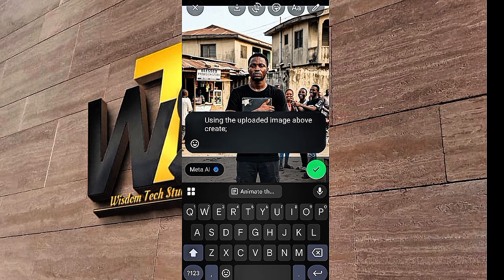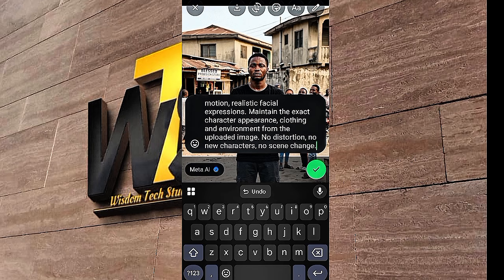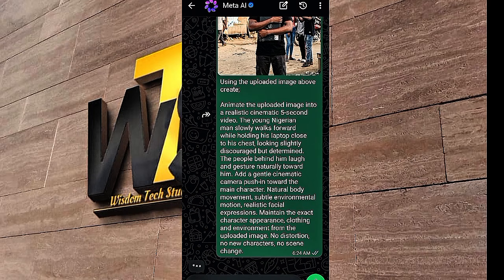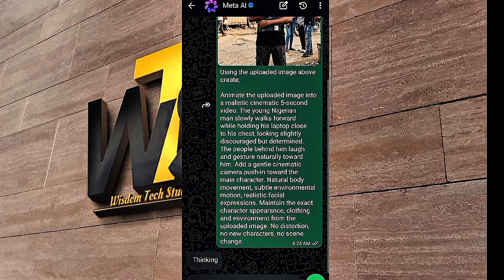But if you are a genius that you can actually write out the prompt on how you want it to demonstrate, you can insert your own. So you just tap on and click on this mark button. Automatically it's going to create the video, but note,